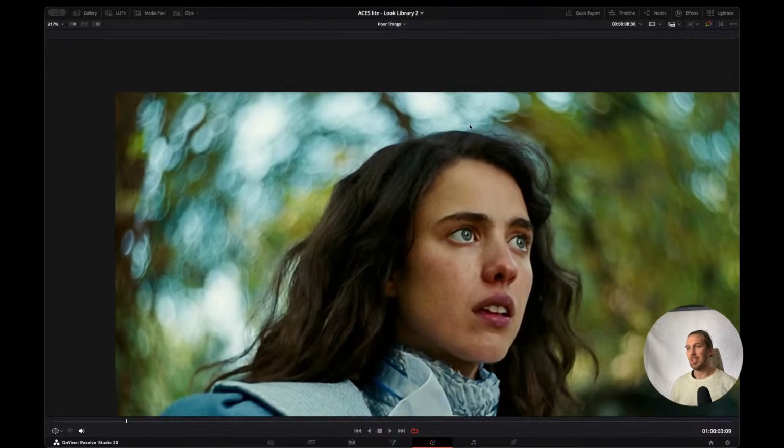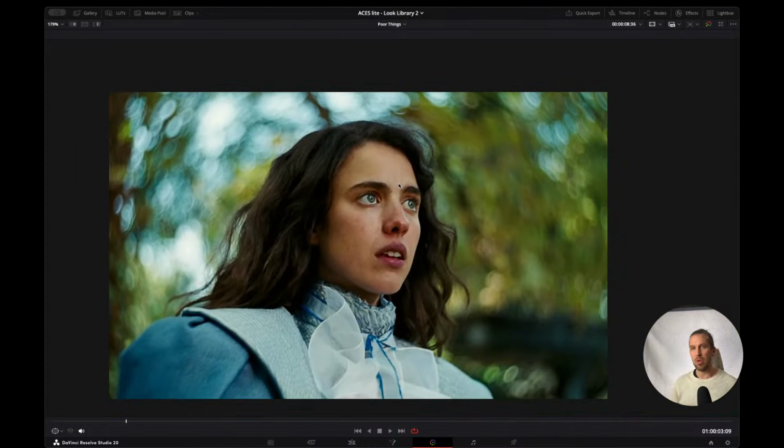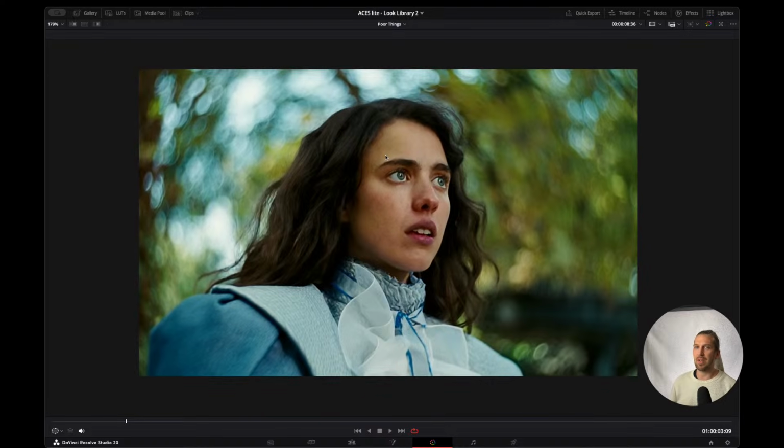So it's this swirly bokeh, this rounding of the bokeh balls around the corners. And this is very difficult to do in post. But I figured out a way to do it on the color page in DaVinci Resolve. So I want to share this method, and this is going to be part of the look library as well. But you can get this tool from